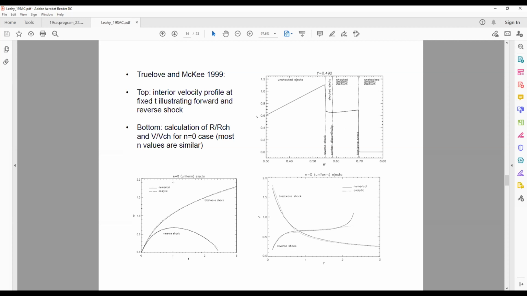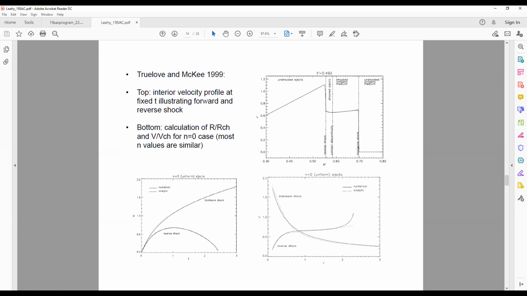So if you look at the velocities versus time, the outer shock velocity drops with time. The reverse shock velocity also speeds up initially, then drops, and then accelerates again. The radius of the forward shock goes out continuing with time, and the reverse shock velocity is always inward with respect to the ejecta, but in the observer frame, it's outward at first and then slows down and then propagates in and accelerates and hits